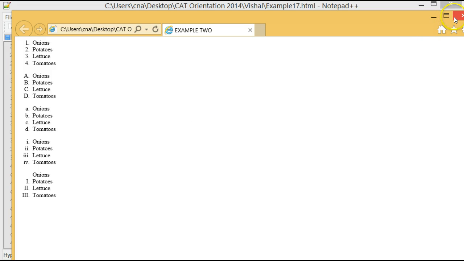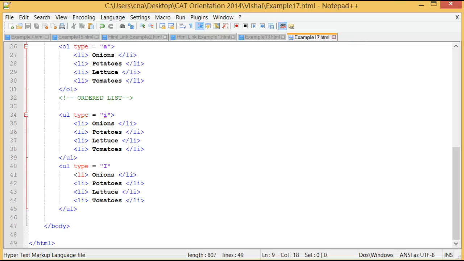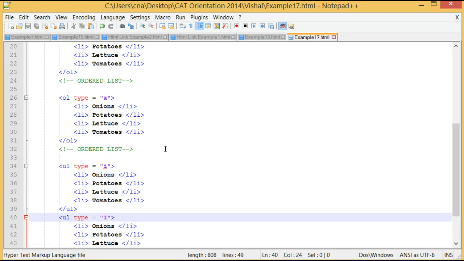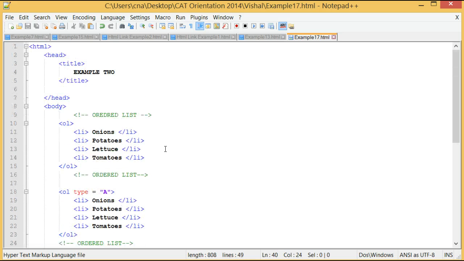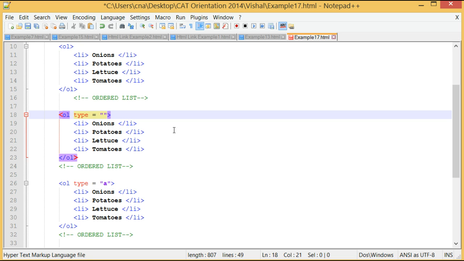Very quickly, I want to go back to this example. Let me just correct this. I made a mistake here. Save it. And I want to show you one more thing, that we can actually start with something else. So if I have type equals A, we can start with, let's just say, D. Save it